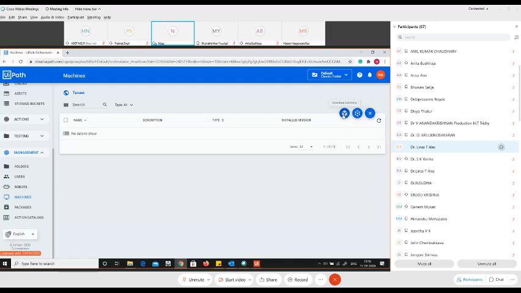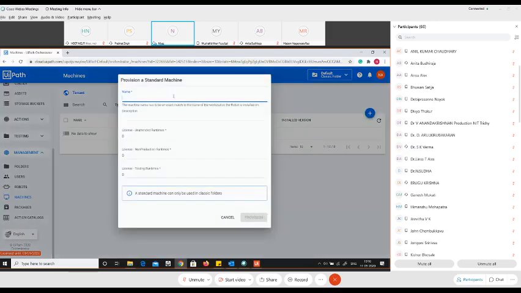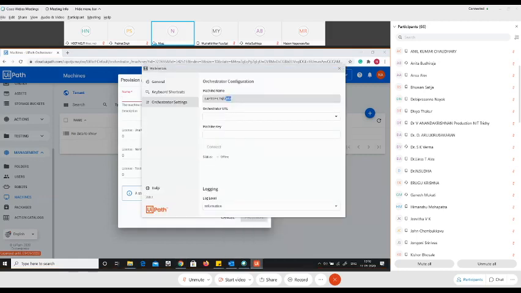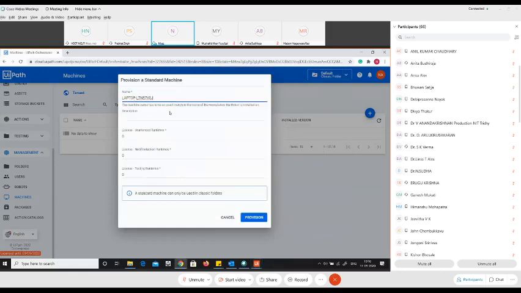So click on the standard machine in our case. Over here you need to give the machine name. Your machine name should be exactly the same as the one given in the UiPath Robot or UiPath Assistant. If you open your UiPath Assistant, you can see this is the machine name that it has acquired by itself. Just copy this machine name and paste it over here. This is the machine name that we're going to use. You can add a description for your understanding. In our case, I'll say this is my standard machine.